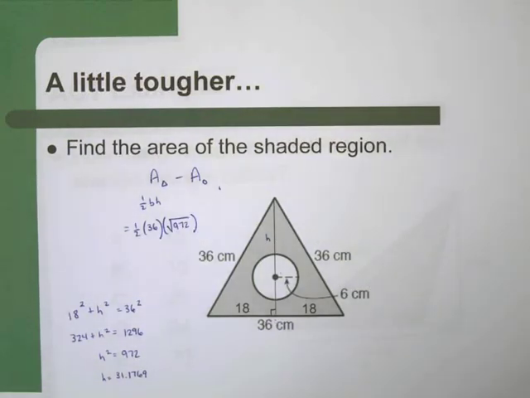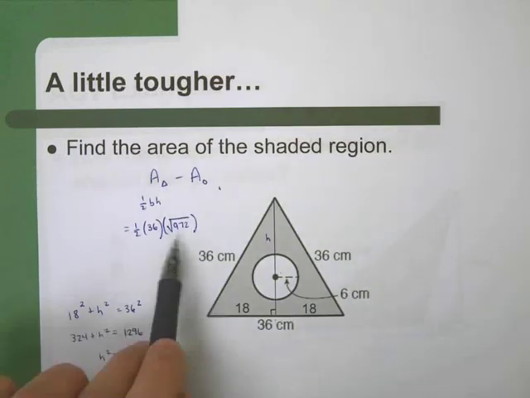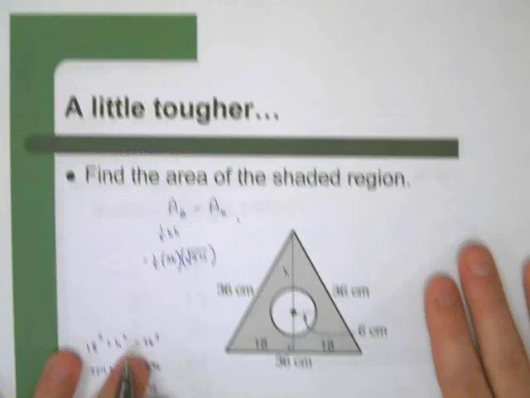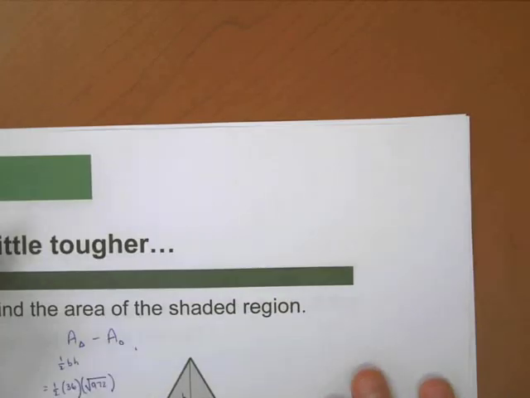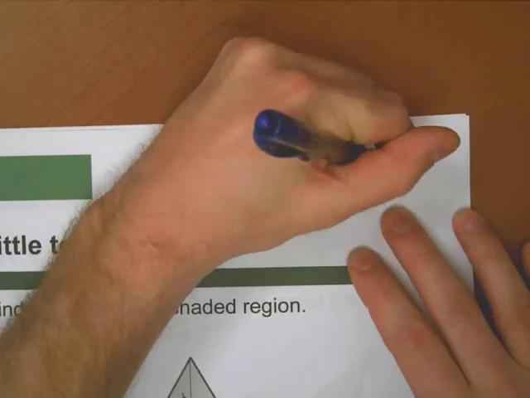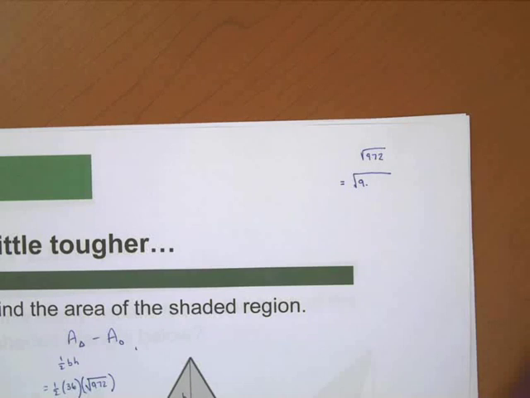It really doesn't matter. I tell you what, since I've been forcing you guys to do exact answers on all these problems, let's go ahead and do that. What is the square root of 972? I'm going to look for a square that comes out of it. 9 and 7 and 2, that's 18, and 18 is divisible by 9. So here we go, a little tangent. The square root of 972 is the same thing as the square root of 9 times